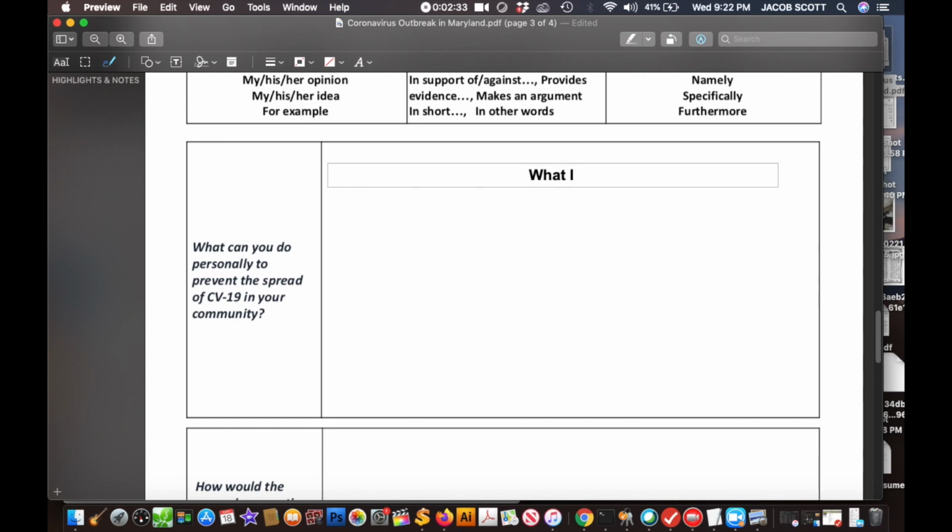What I can do personally to prevent the spread of COVID-19 is,